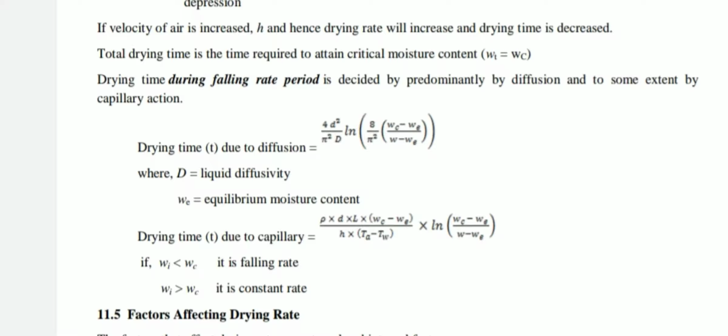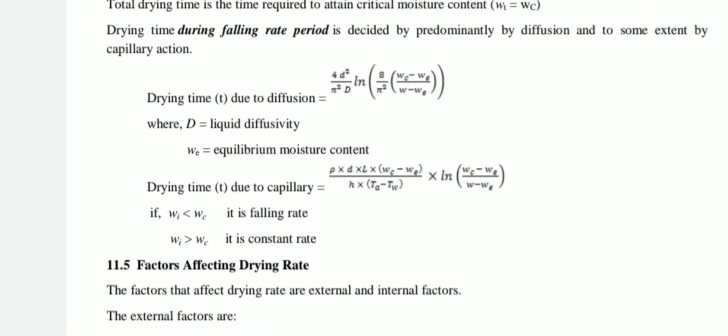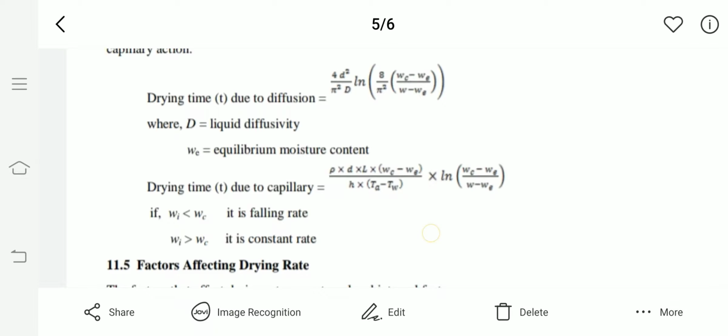First is 8 by pi square, and in the second bracket Wc minus We upon W minus We. What is We? We is the equilibrium moisture content. Now this is the drying time due to capillary action, and capital D is the liquid diffusibility